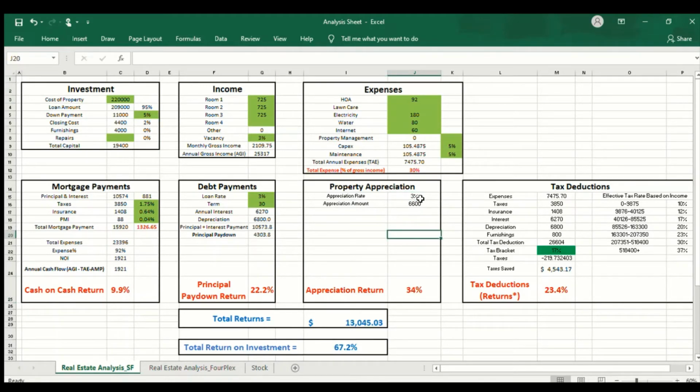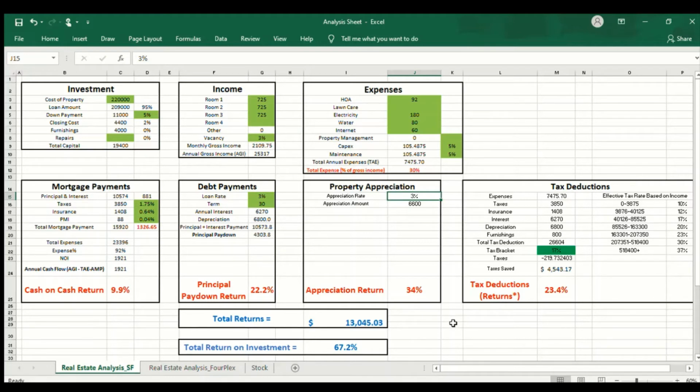And you can see 3% of $220,000 is $6,600. And the appreciation return is 34%. So that's $6,600 divided by the total capital invested. Okay. And folks, I want to draw a little bit on this because you need to understand the power of